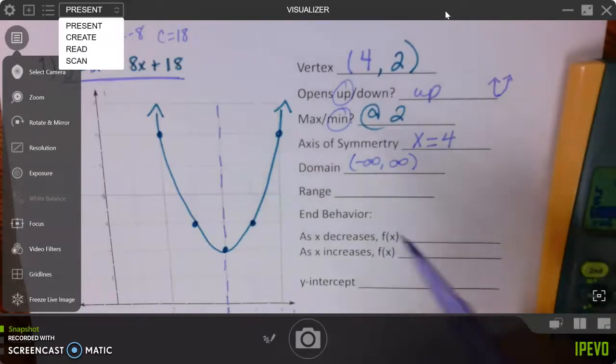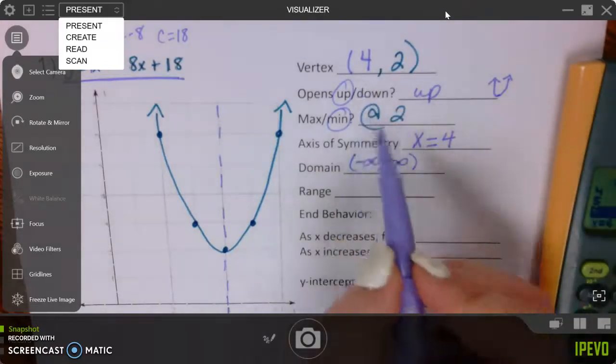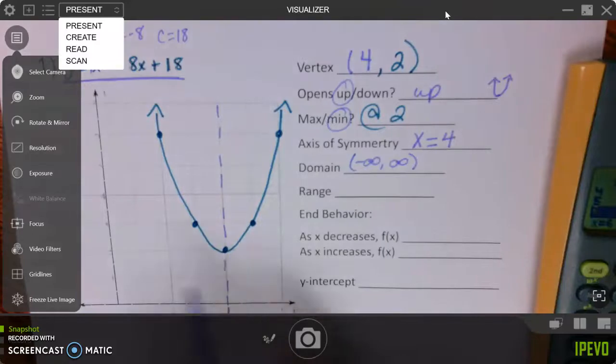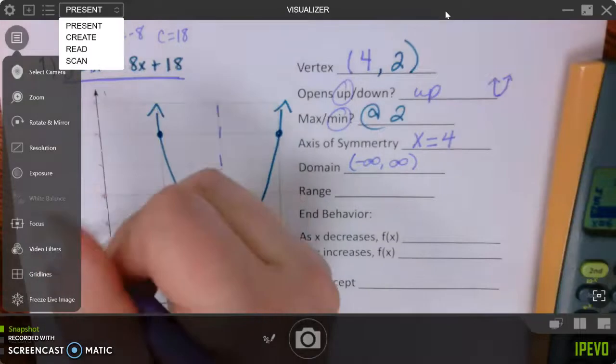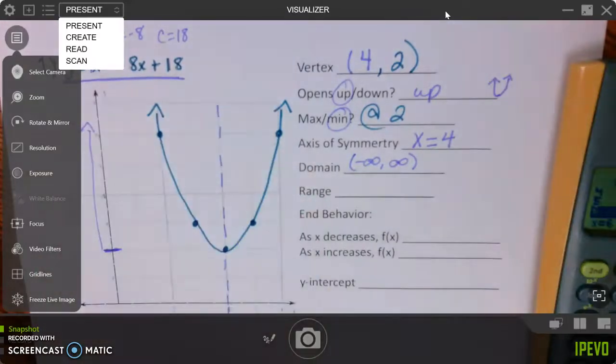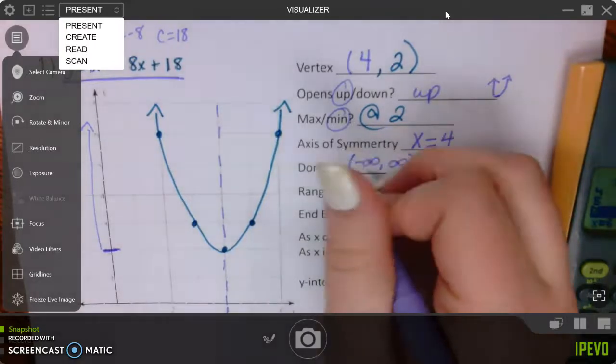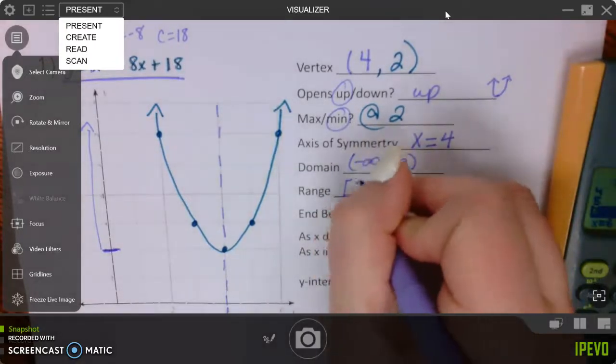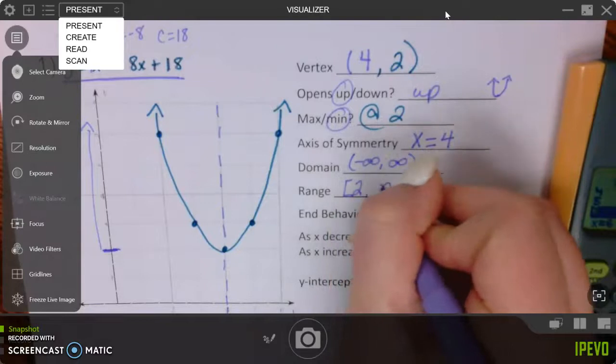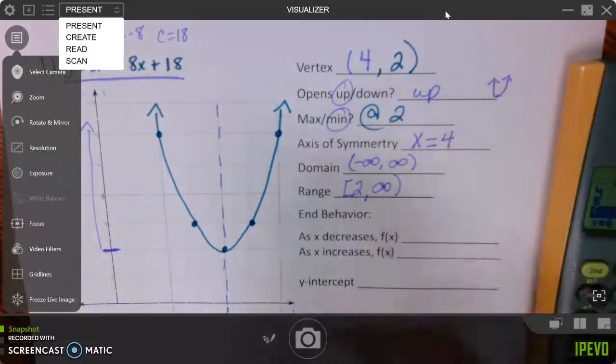So if your minimum is at 2, that's here, y values start at 2 and they go up to infinity. All right, so the range is technically going to be